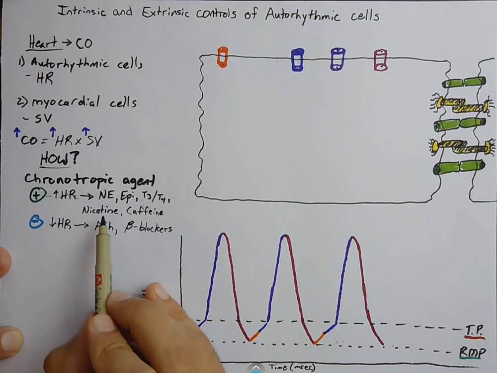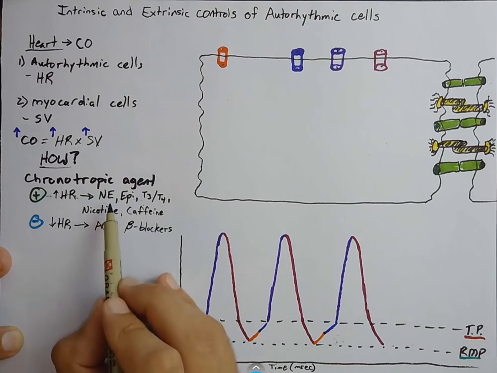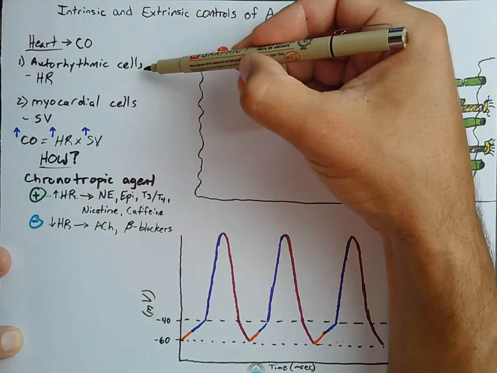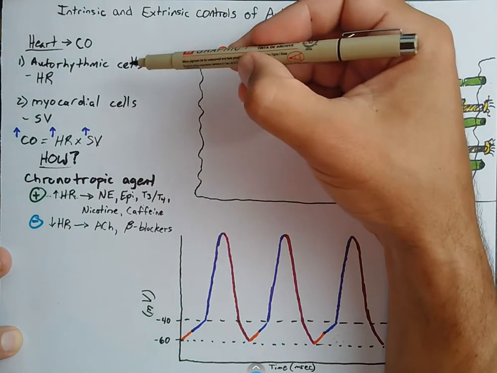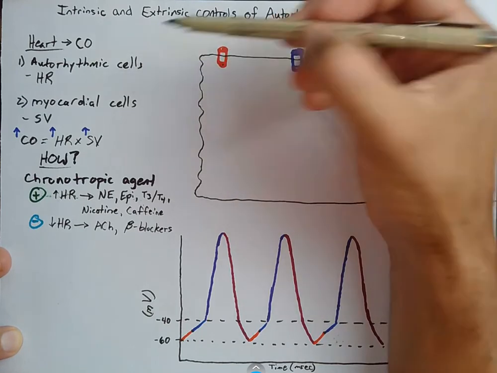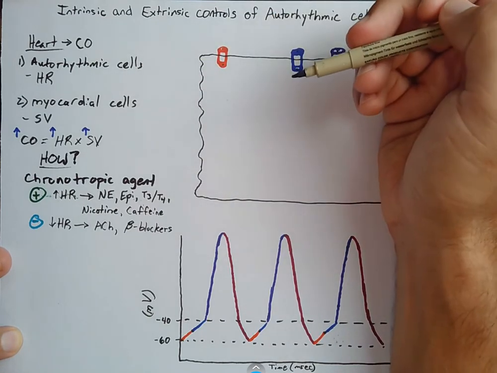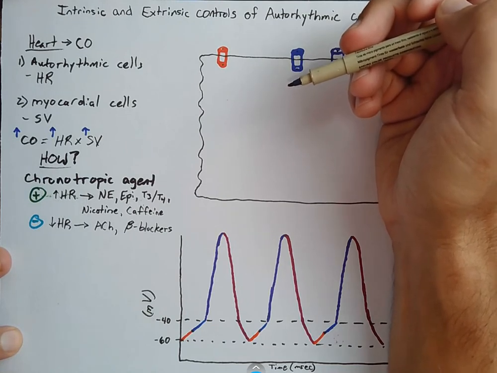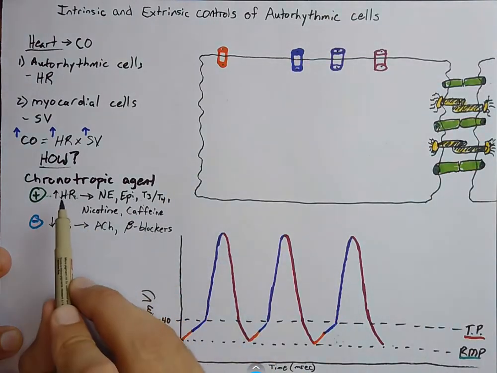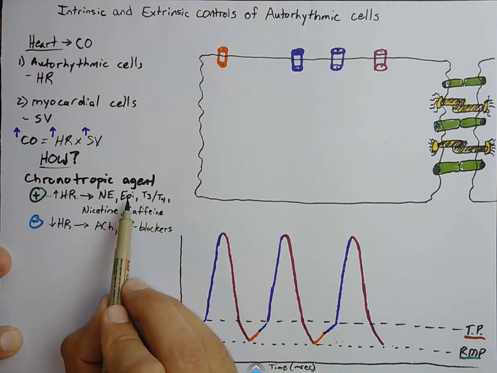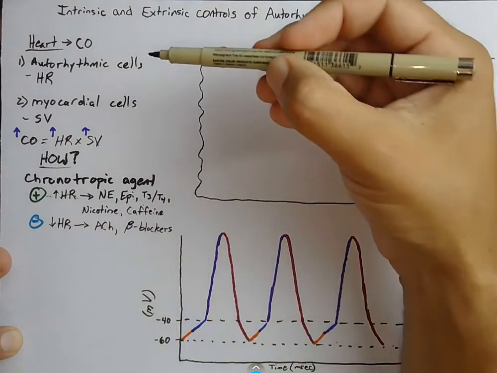And if you'll do that, you'll say, if a chemical is going to have an impact on a cell, that means that cell is a target cell. And what do we know about target cells? All target cells in the human body must have receptors for that chemical in order for that chemical to have an impact. In other words, in order for us to have a positive chronotrope, norepinephrine and epinephrine, act on heart